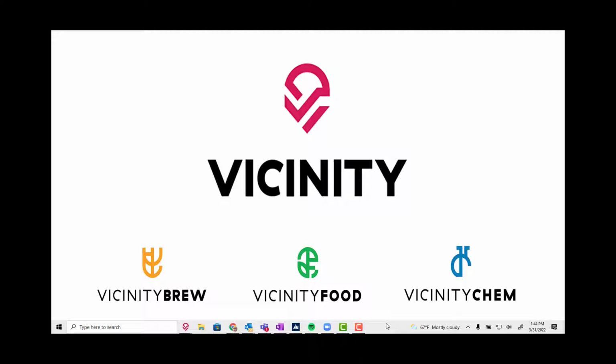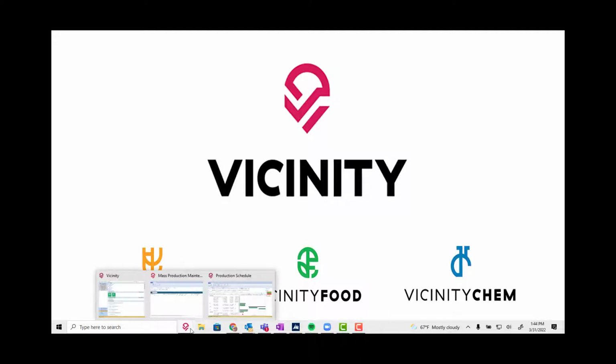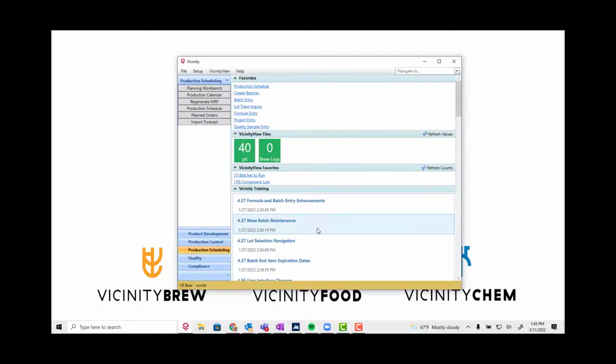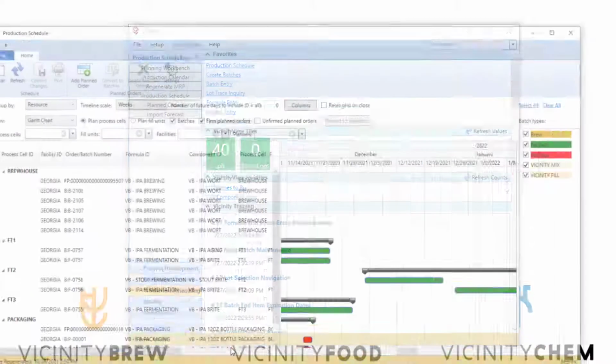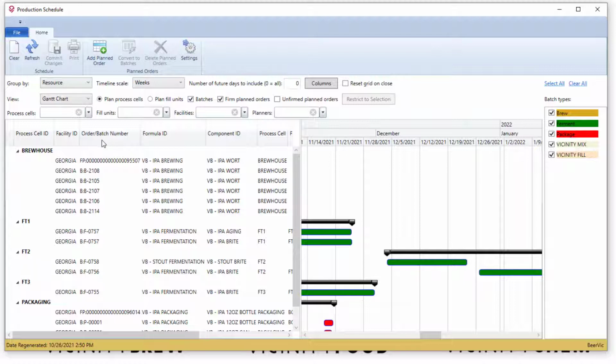Hello. I want to take a minute to go over some functionality added to our Vicinity 4.38 release, which is our March 2022 release. Specifically, there's feedback that came back from our user base talking about making it easier to move things around in the production schedule. Most notably, we're really talking about the Gantt chart schedule here, where I've got, in this case,